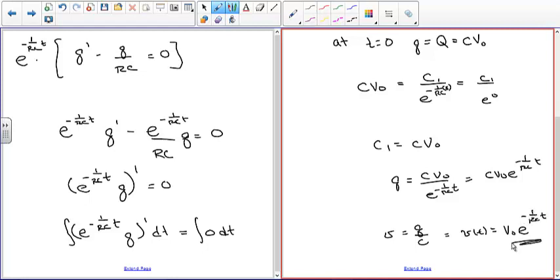So that's what we saw yesterday, is we saw that at t equals 0, the voltage was equal to the initial voltage, because e to the 0 is 1. And then as t grows, this thing gets smaller, and so the voltage drops, and it drops in an exponential form. And we were asking the question, we used K yesterday. We said, was K equal to R times C, R divided by C, C divided by R, or 1 divided by RC? Well, it turns out from solving the differential equation, it's 1 over RC